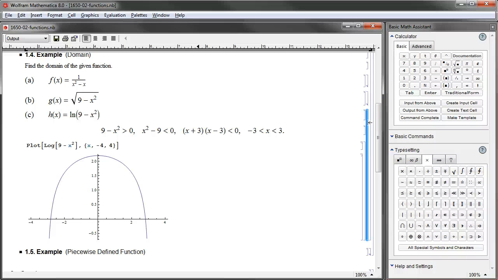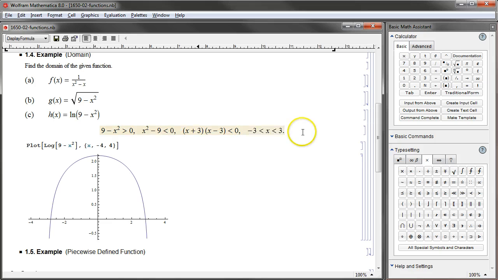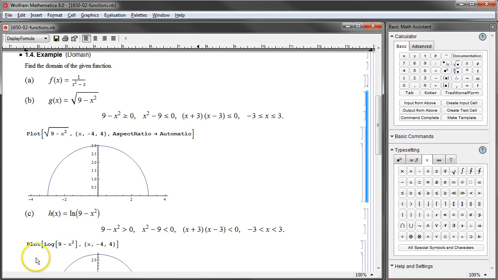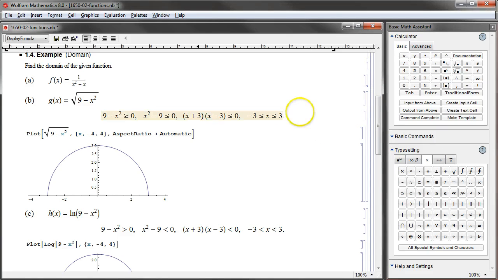Logarithm, okay, if you remember logarithm, here it is. 9 minus x squared is strictly greater than 0. So x squared minus 9 is less than 0. We can solve similarly, and you get negative 3 to 3, this time excluding the endpoints, and see the difference. In the previous case, we have an abrupt ending at x equal to negative 3 and x equal to 3 at specified y coordinate values. So x equal to 3 and x equal to negative 3 were valid numbers. So the domain was negative 3 to 3 in interval notation,